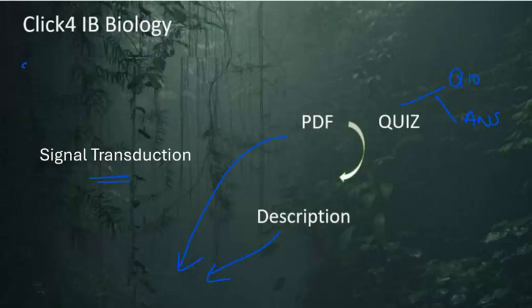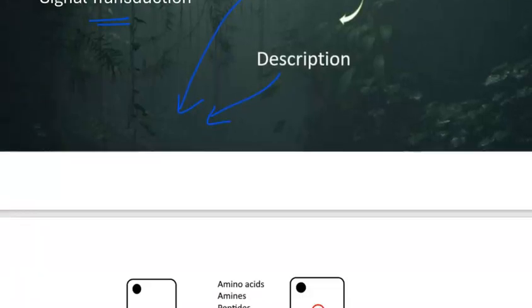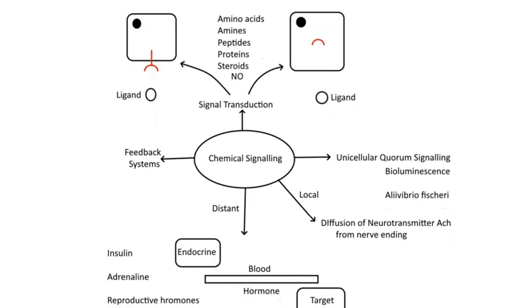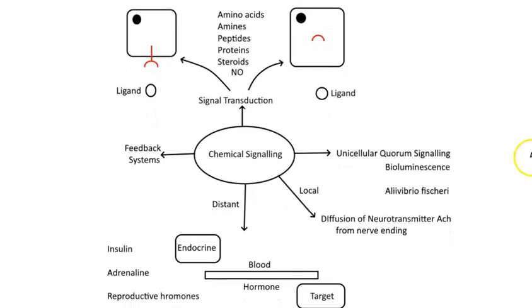So let's take a look at signal transduction. Signal transduction is the idea that two cells will communicate with each other using chemical signals. These signals are known as ligands, and in broad terms we can divide the transduction into two categories. There are those ligands which interact with cell membrane receptors, and then there are those ligands which interact with receptors